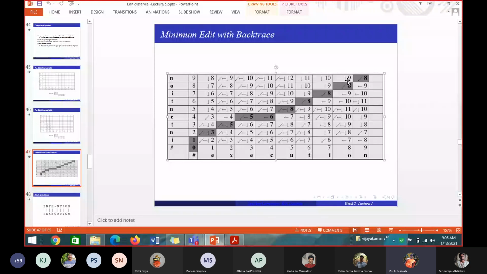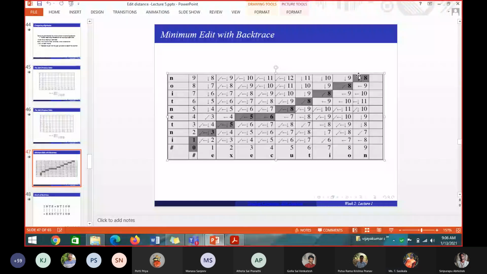Once you backtrack it, I will tell you how we have to process it. Have you all backtracked it? Yes or no? So from this 8, put an arrow mark to this 8. This 8 I got from this 8, this 8 from 6, this 6 from 5, this 5 from this 5, this 5 from this 3, this 3 from this 1. Then 1 to 0, that is the 0th level. Please highlight these boxes. Now I will tell you how many operations we need. Have you all done this? Can I move to the next screen, students?